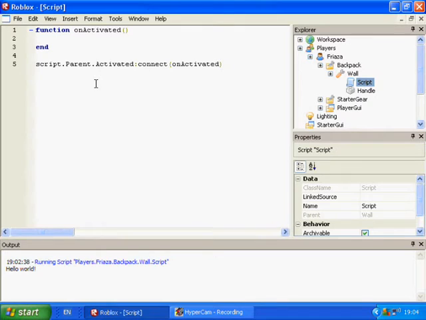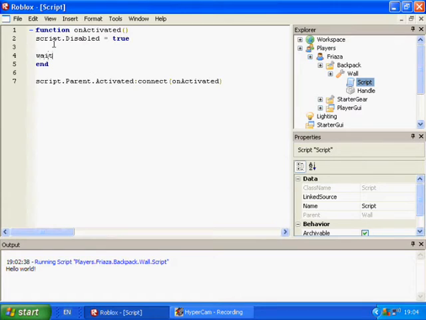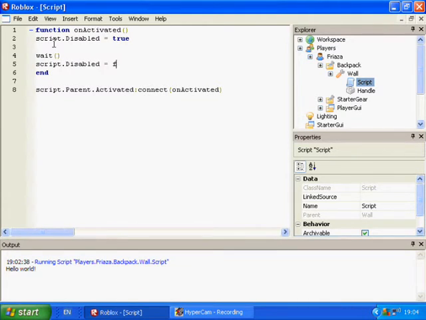Well, that's because we're activating the tool by clicking it this time, not by touching the part. And of course you can't touch a tool, you can only touch a part. So now that that's out of the way, we'll write script.Disabled equals true and the wait delay, and script.Disabled equals false. And now we've got our basic